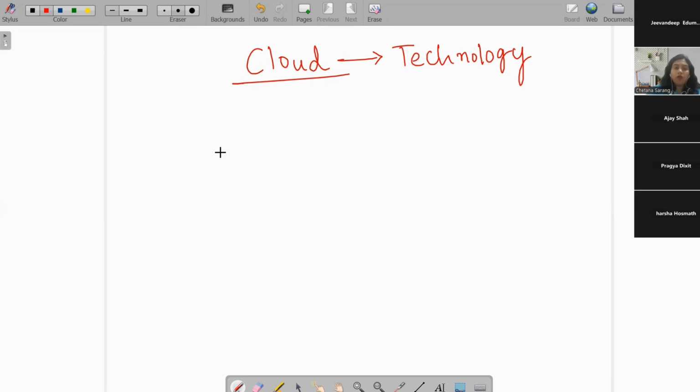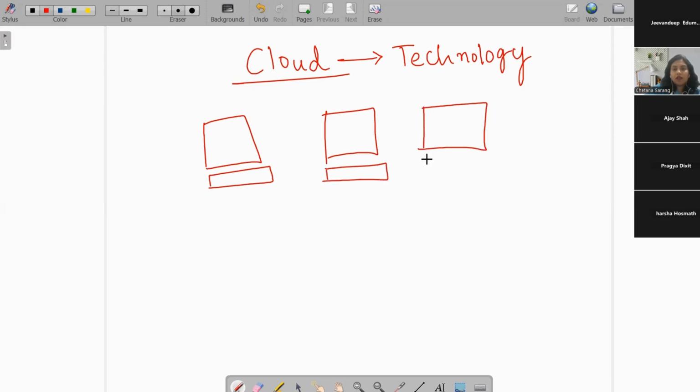Now, how do we explain cloud to students? Okay. So for example, when I'm storing my data, I get two things. One is I get mail. Second one I get cloud. Cloud is much faster. We can save our data. I have one app. So in that app,